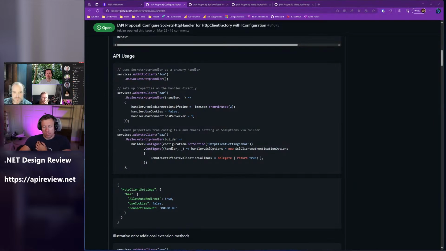If you look at the example, the third call says use socket HTTP handler, and then on the builder it says configure from the section, and then configure from the action, and you can write whatever, and that would happen on the handler creation, exactly what you want to do. You don't have to call use socket HTTP handler the second time. You just change the configure method. I mean,